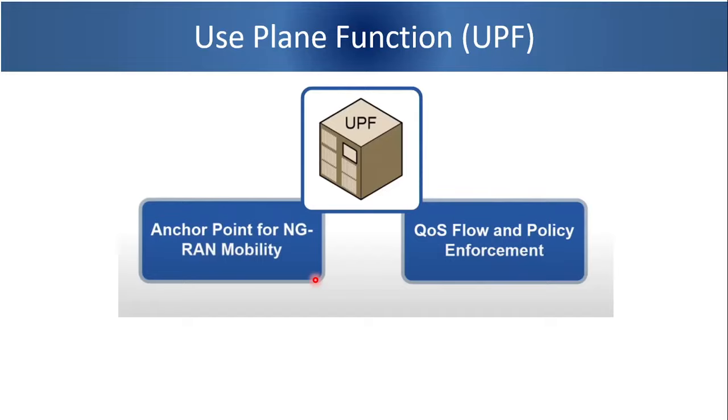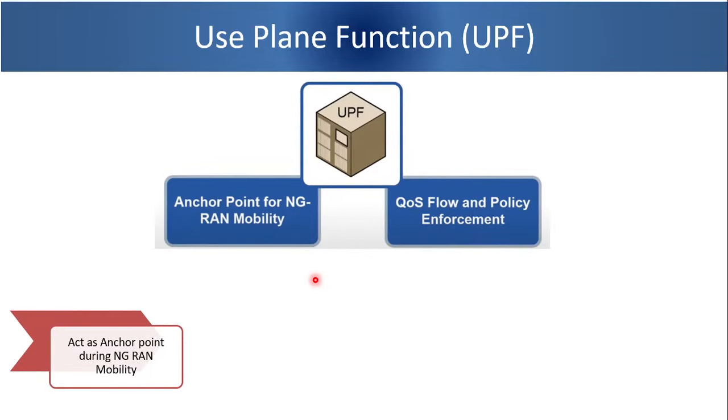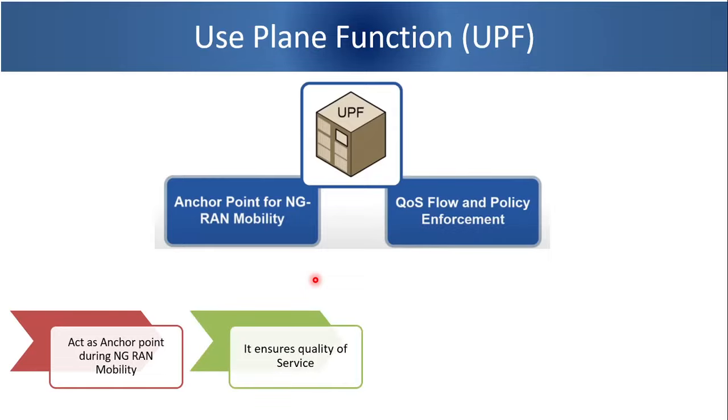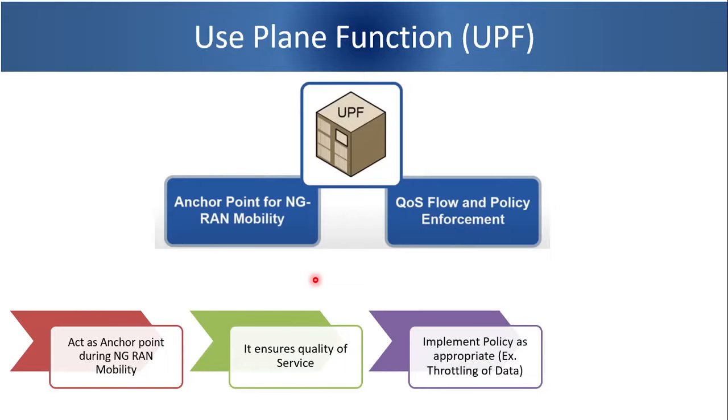So policy will come through the SMF: the PCF will give it to the SMF, the SMF will give it to the UPF, but the actual implementation of those policies will be done by the user plane function. So in addition to packet forwarding towards the data network, these are the other aspects taken care of by the UPF. As I explained, it is an anchor point for NG-RAN mobility, and it also ensures the quality of service, for which it receives commands from the SMF,